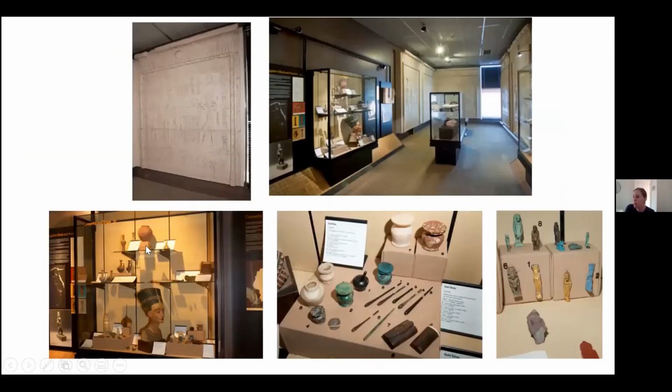So here's the role that those Egyptology collections played. They had their own section, Section D, where around 150 objects were displayed. Again, there are replica copies, casts. You can see some of the amulets, as well as the kind of coal pots and kind of personal grooming items. In the background of one of the images, you can see one of the mummified people that we have in the collection that we care for,